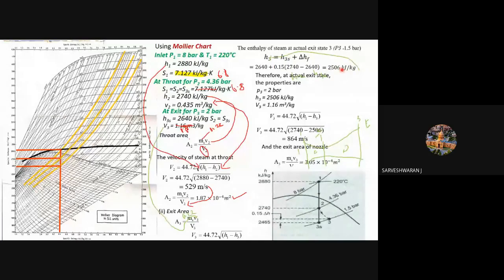Okay. Sir, but it is 2655, sir. Maybe the specific volume difference... No sir, if you put 2640 plus this, according to the equation you wrote, does the answer come different? Yes sir. Okay, what is the answer? 2655, sir. Okay, 2655. So substitute 2655 in this equation and get the velocity value. From there find out the area value. Okay, that completes the problem for us.